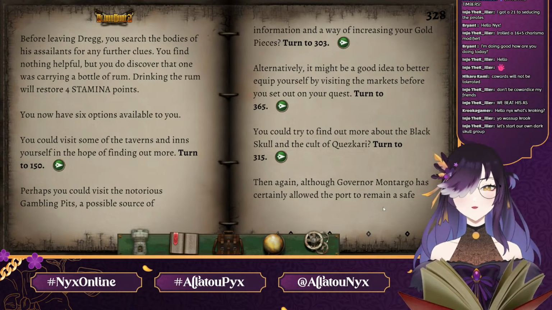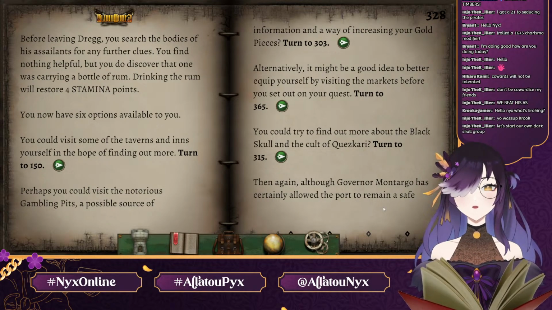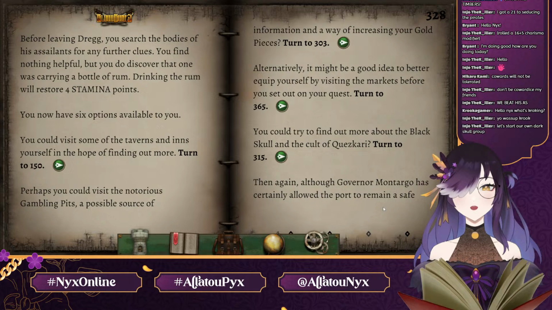Alright, let's get into this. Before leaving Dreg, you search the bodies of his assailants for any further clues. You find nothing helpful, but you do discover one was carrying a bottle of rum. Drinking the rum will restore...